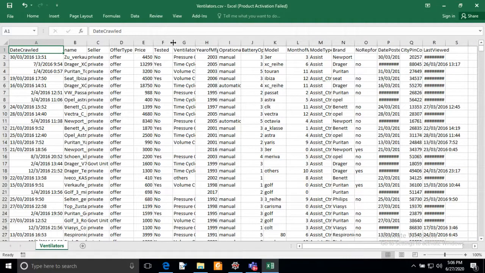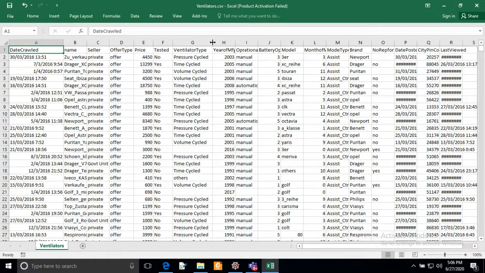They have given a yes or no answer. And this is the ventilator type. We have some four or five types of ventilators, like pressure cycled, time cycled, and volume cycled.